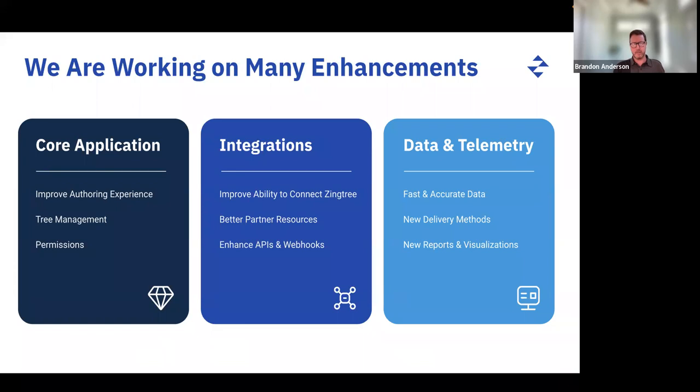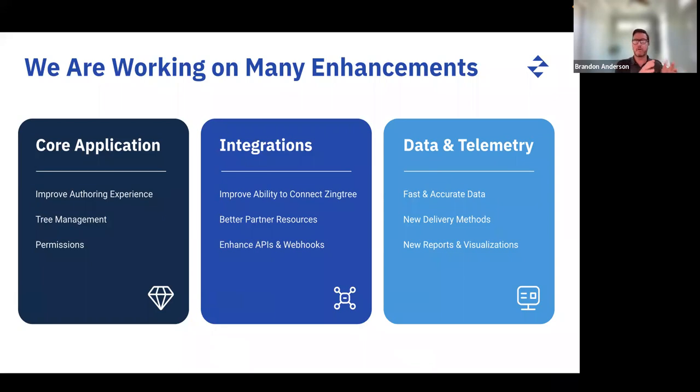A couple of the other areas within the core application that we're going to be enhancing are within the tree management and permissions management. So the My Trees section of what Dante showed, we want to bring forth a lot more capabilities in that area. How do organizations manage large numbers of trees? How are they able to group those trees, to tag them, to search for them effectively? And then how do they tie those to the permissions of the users within their organization? So we want to bring more capabilities in the permission set, and then we want to attach those permissions to the tree management capabilities that we're going to be bringing forth.